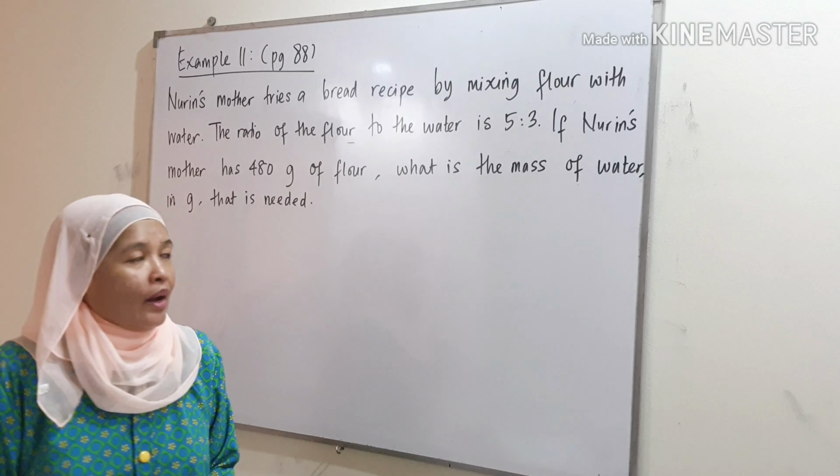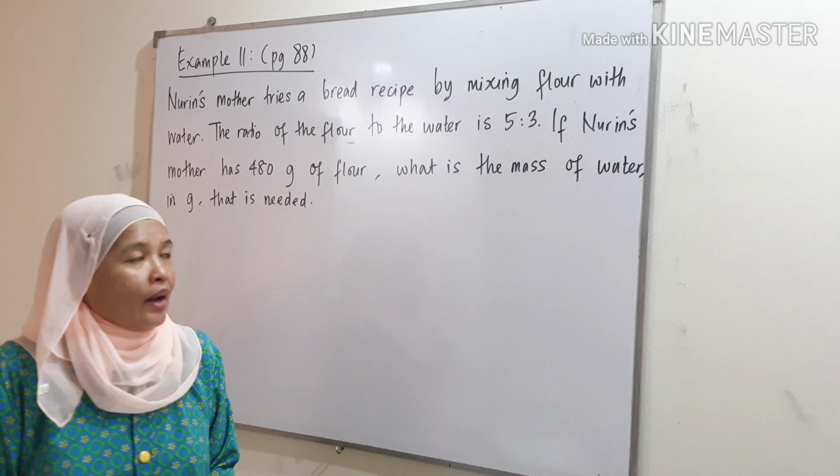Here we continue with example 12, page 88. In funding a bicycle shelter project, the ratio of the donations contributed by school canteen operator, Jaya Bookstore and PIBG, so there are 3 subjects here, is 2:6:5. If the PIBG had donated RM900, find the amounts donated by the canteen operator and Jaya Bookstore respectively.